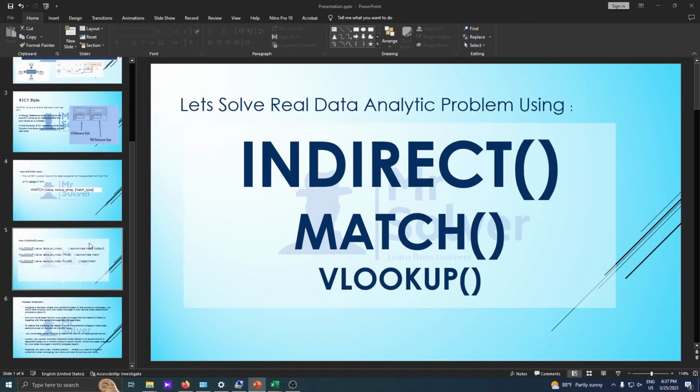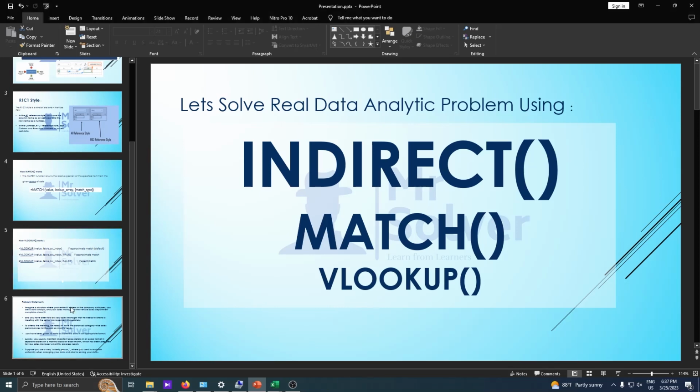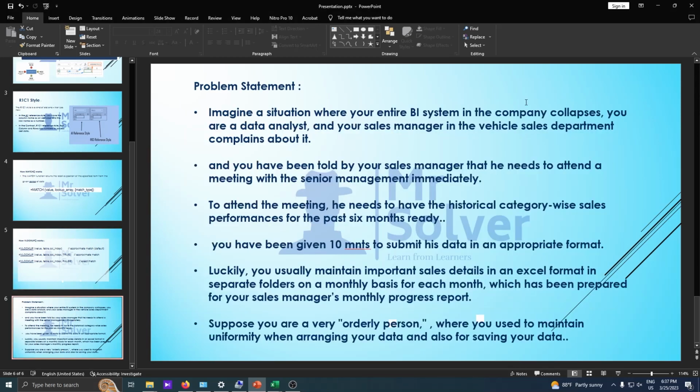Now we are done with the basic syntaxes of the INDIRECT and MATCH functions. So now we are going to the real problem statement. Let's imagine a situation where your entire BI system in the company collapses. Suppose it collapses, and you are a data analyst and your sales manager in the vehicle sales department complains